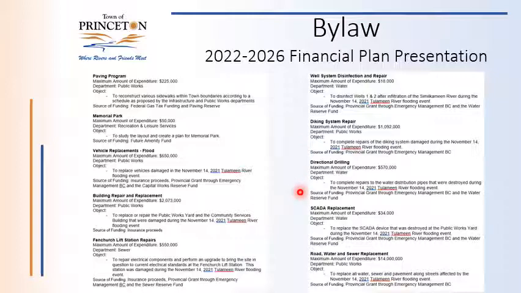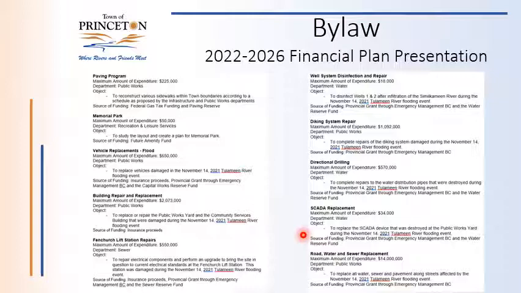Directional drilling. So this repairs the water lines underneath the Tulameen River that were churned up and destroyed in our flooding event that we mentioned earlier in this presentation. A large portion of that job is done, and the other line should be completed early this year. That'll be done through Emergency Management BC and supplemented through the Water Reserve Fund for funding for this project.